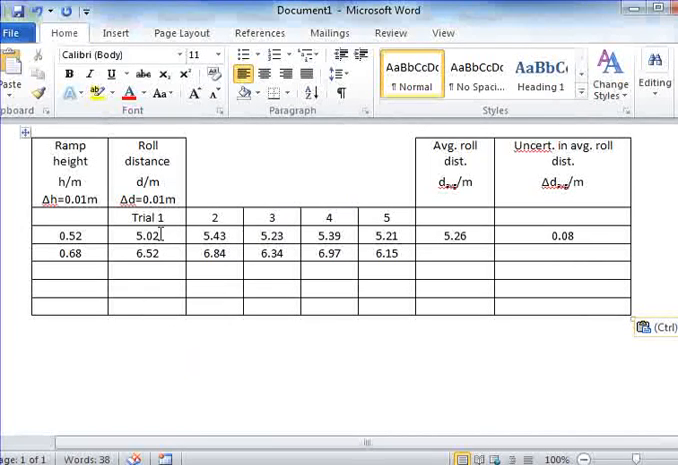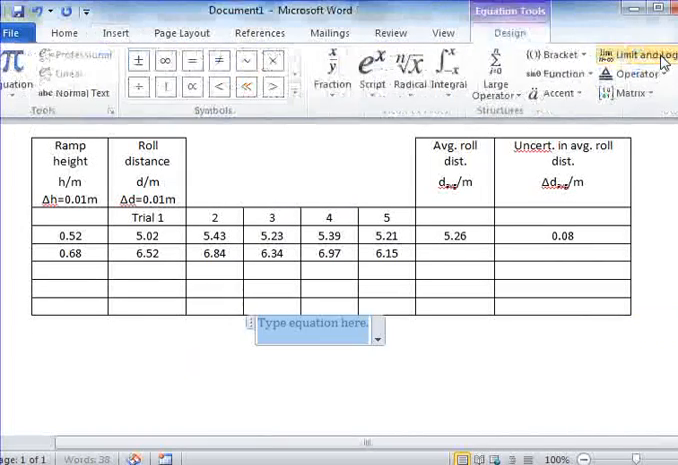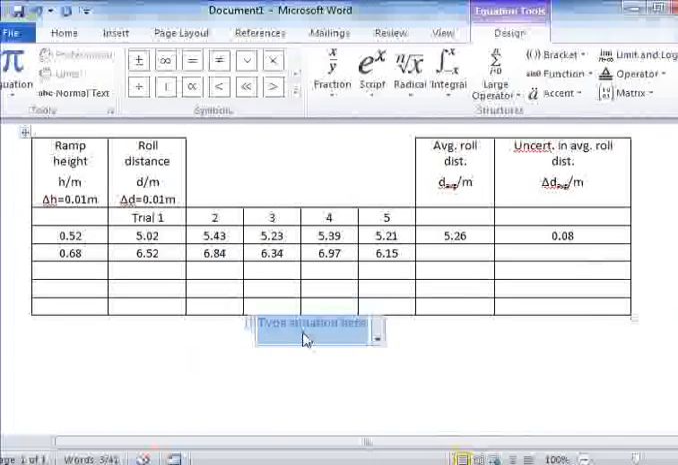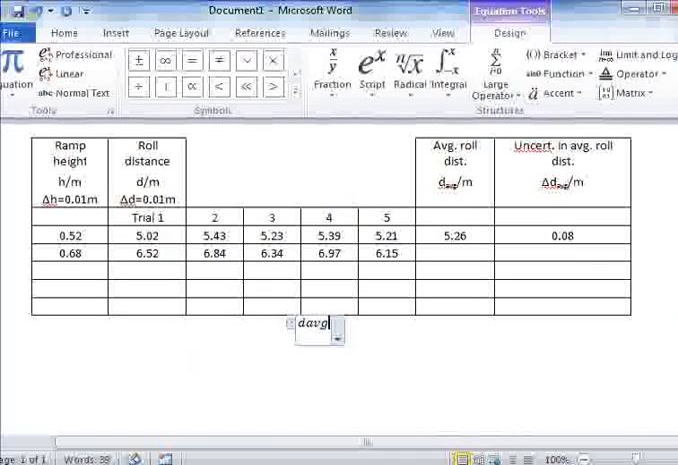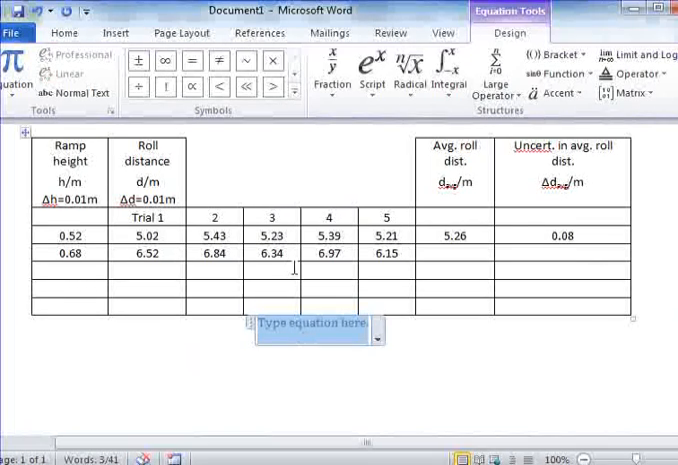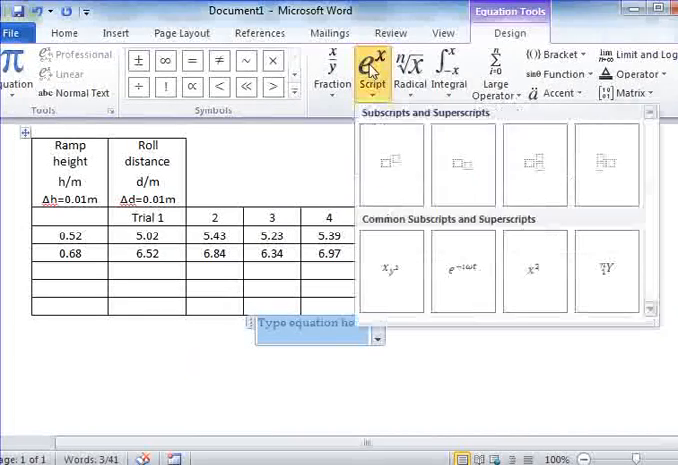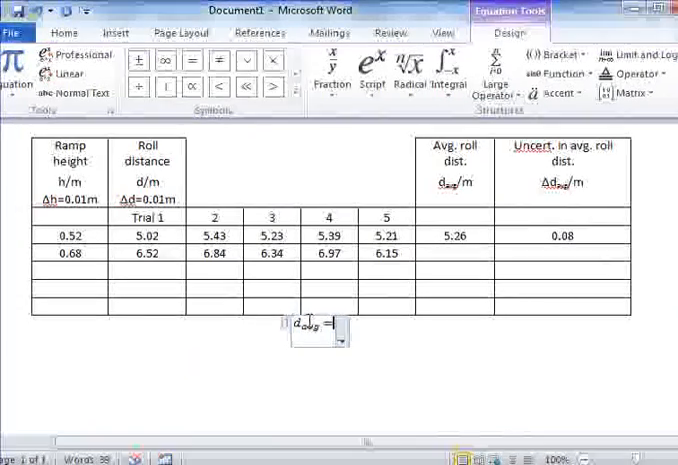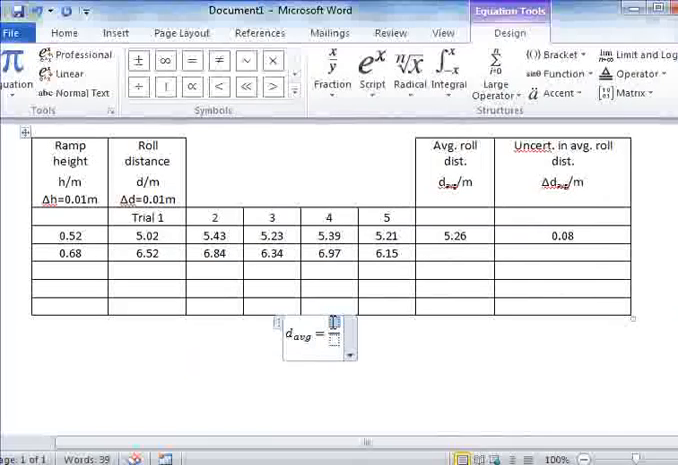So we need to insert an equation, and here we have to be ready to type D average, but instead of just typing it DAVG, what we need to do is use a template, this so-called script, and in our case a subscript will be needed. The D goes here, right arrow, AVG, right arrow on the keyboard, equals, and then next we'll need a fraction template, and on top we'll have another subscript,